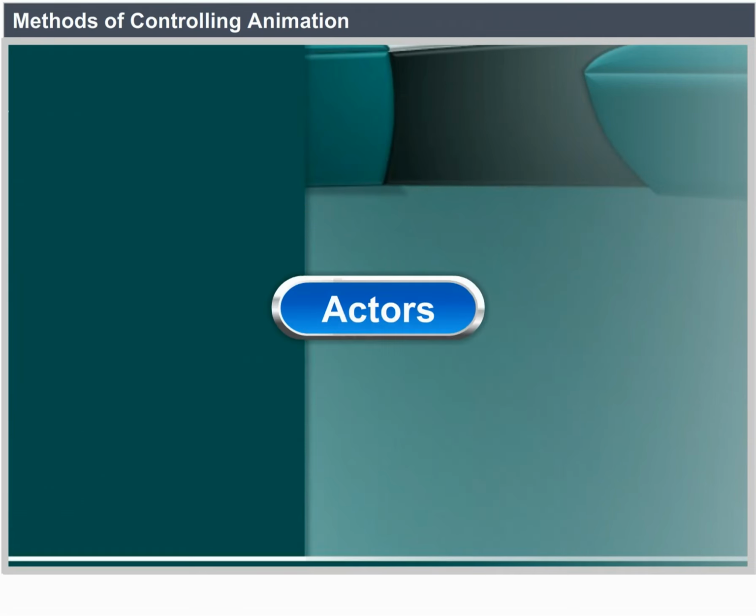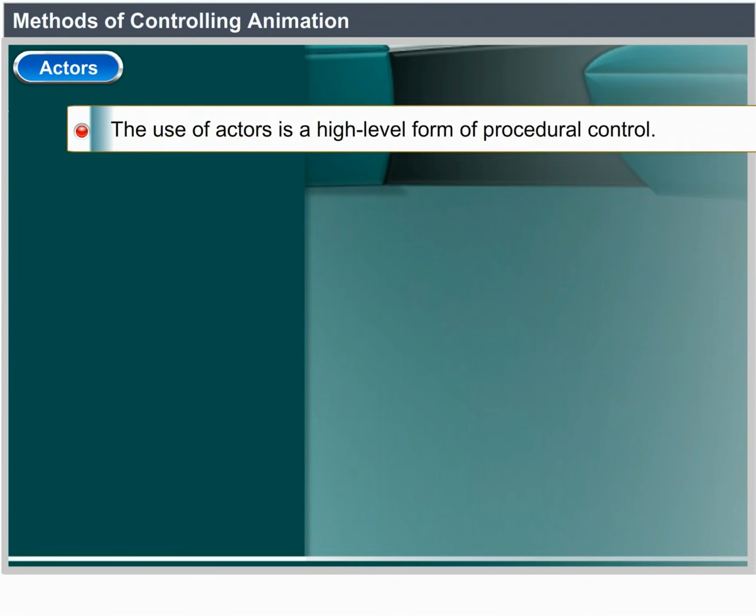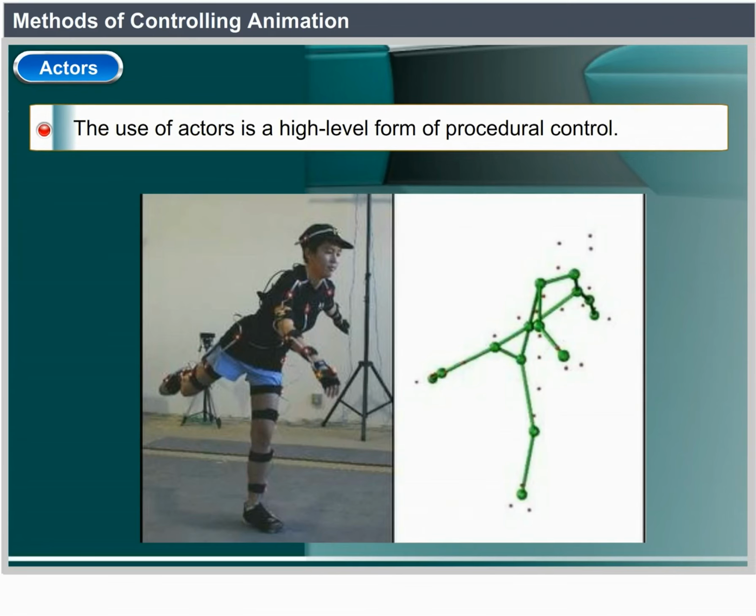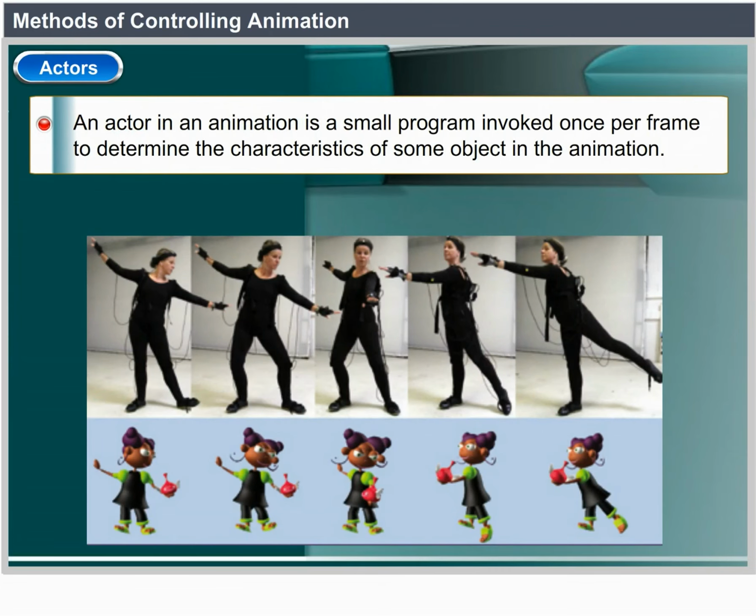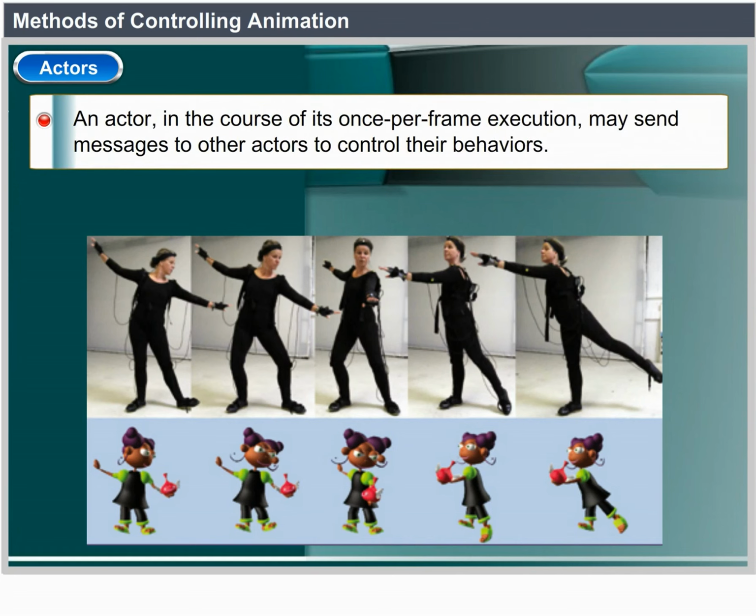Actors. The use of actors is a high-level form of procedural control. An actor in an animation is a small program invoked once per frame to determine the characteristics of some object in the animation. An actor, in the course of its once-per-frame execution, may send messages to other actors